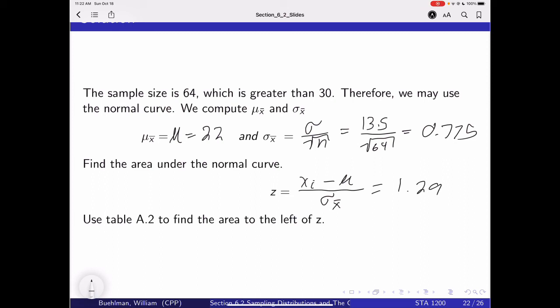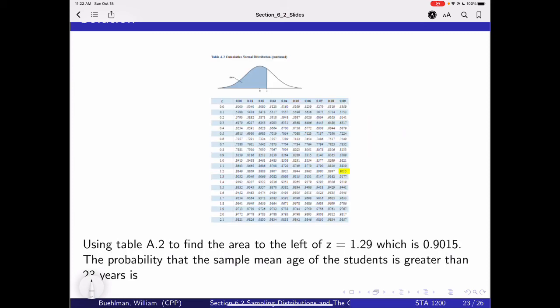So we're going to use table A2 to find the area to the left of z. Here's table A2, and remember we have to go to the row with 1.2 and the column with 0.09, and we find the value where they intersect right here, highlighted in yellow. So using table A2, we find the area to the left of z, 0.9015. The probability that the sample mean age of a student is greater than 23 years uses the complement rule. We want greater than, not less than, and this is less than 23 years, so we have 1